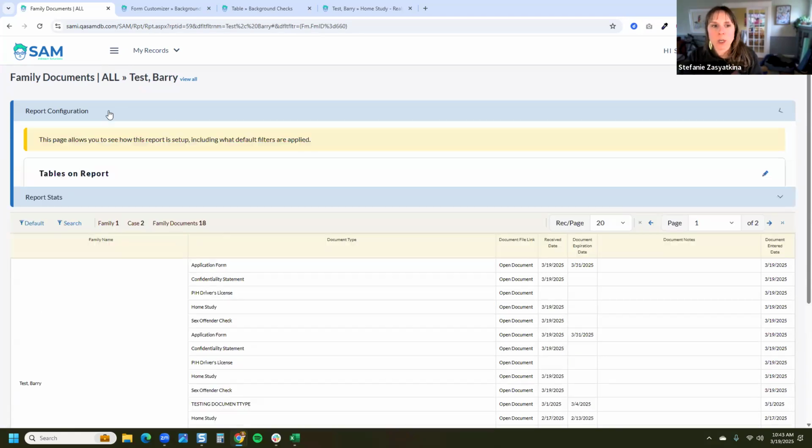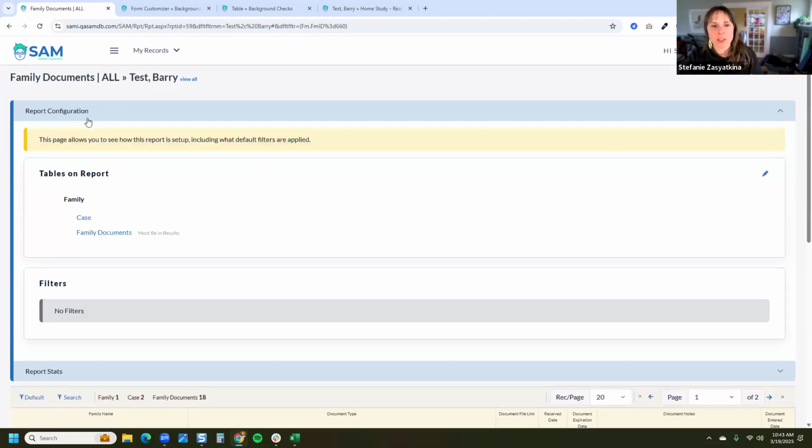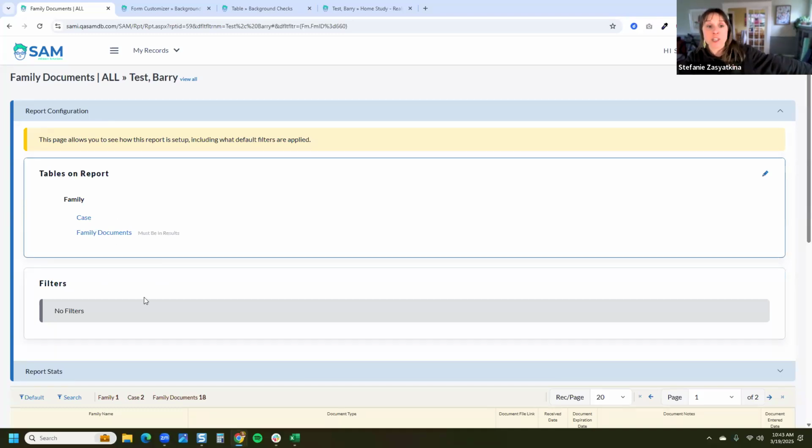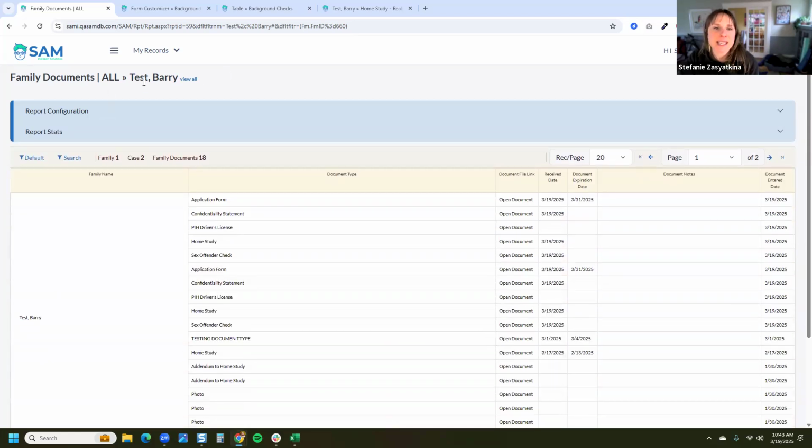When you're dealing with reports, you have to look at the configuration. That's how you can tell what it is. The name can be anything you want. We could call this crazy clown balloon. It doesn't mean anything except for how this is organized, how the report is configured, which is accessible a lot easier than it used to be in the old site. But when I access this, it is narrowed down to just the client record that I've been looking at. I do have a view all link where I could open up to every record,